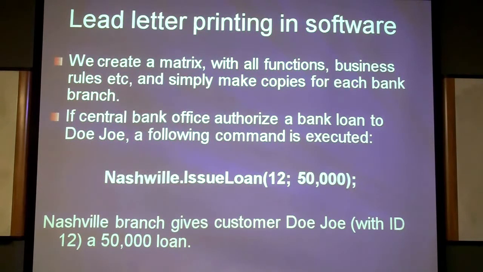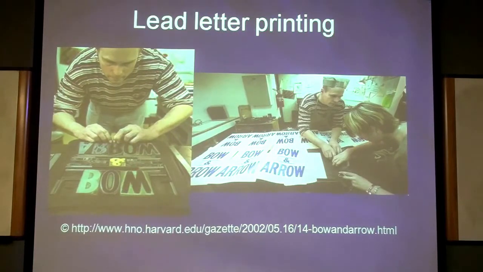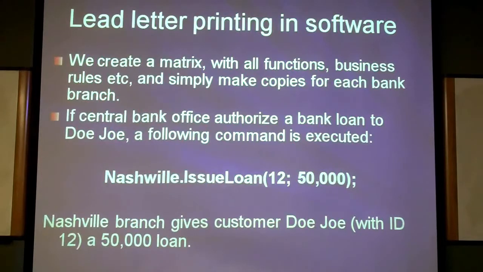Okay. But you cannot use this matrix itself, pretty much like you cannot use this rubber matrix to post an advertisement outside in the city, right? You have to make a copy and then apply this copy to message boards and so on. Pretty much the same here. You can create this matrix in software, but you cannot use that matrix itself. You have to make copies of it. Okay, because the software will not allow you to do this. So you have to create the copies and then send copies to each bank.